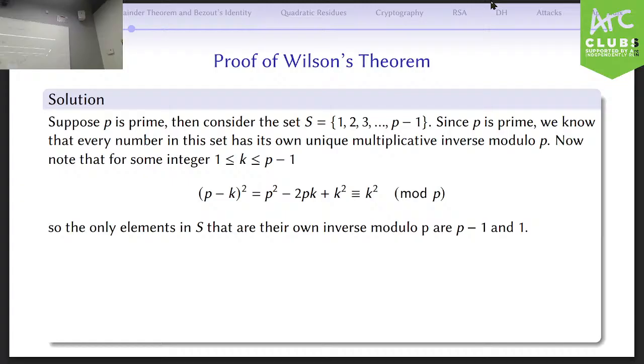We can say that P minus 1 and 1 are their own modular inverse, which is why when you consider this factorial, which contains all the elements in set S, we can say for sure that P minus 1 and 1, if they multiply with another